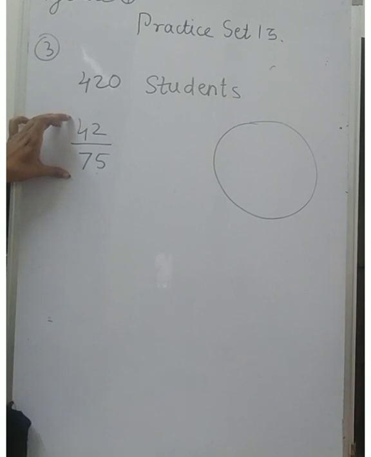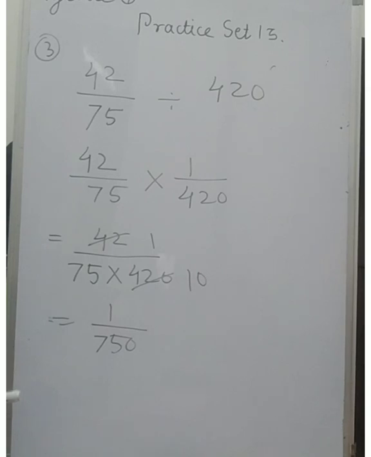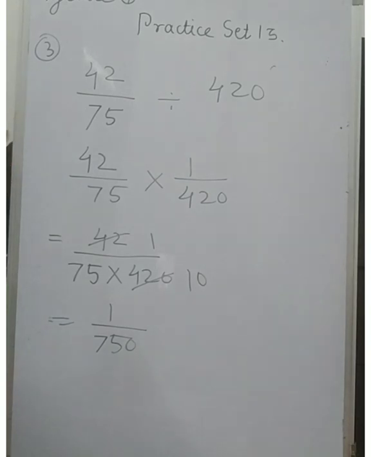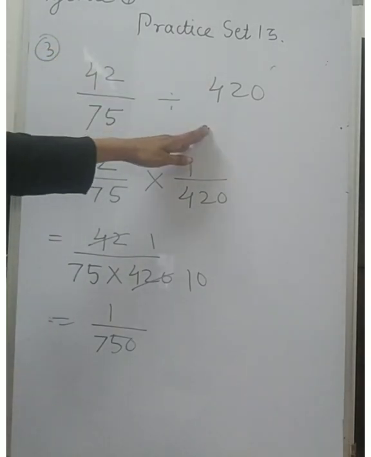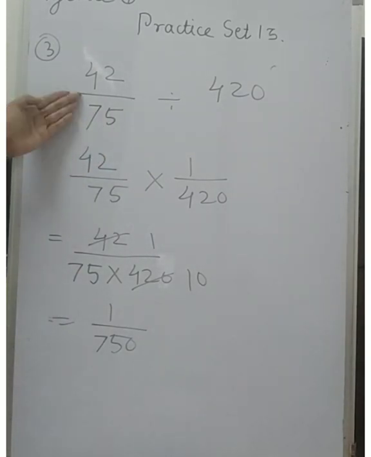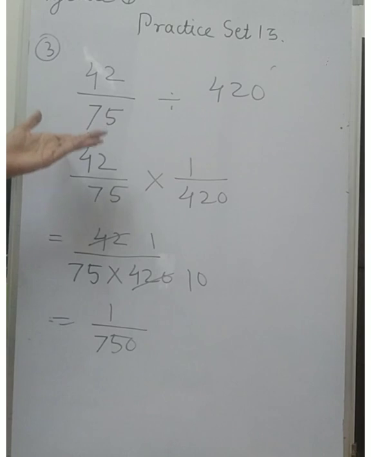This was the work done, okay. Now how much work every student has done, okay, that you have to calculate. How will you do this? Now look at the board. This was the total work done by how many students? 420 students. Then we need to calculate how much work was done by one student. So if we divide the total work by total number of students, we will get the work done by one student. So this divided by 420 will give us the answer.